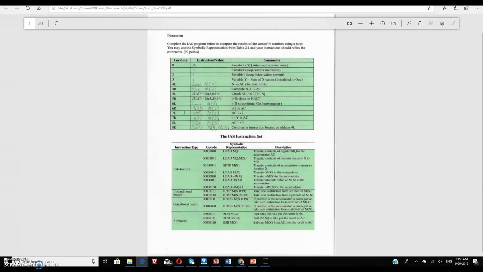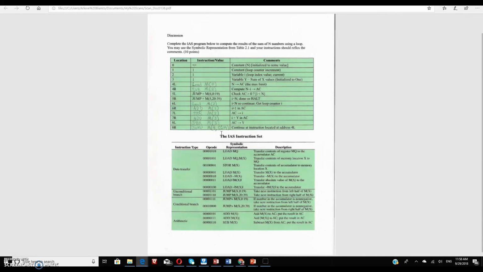So what he's primarily concerned with is the instruction/value part of this chart. He wants us to fill in the blanks like I did here, and with the symbolic representation section of this IAS instruction chart. Now, I'm not showing all of it, but in this particular operation, you wouldn't need to know what's on the second page because we're not performing any arithmetic operations involving multiplying or dividing or any shifting